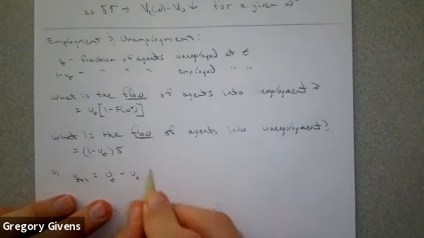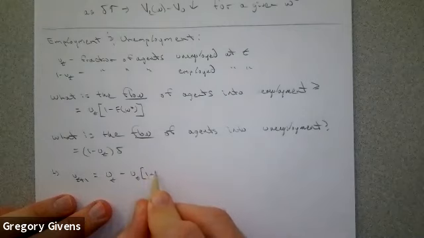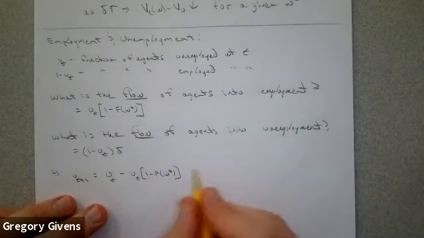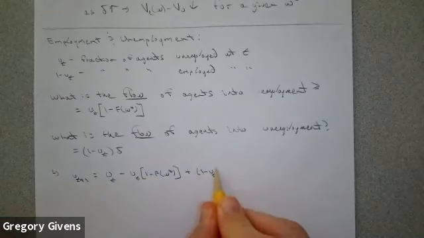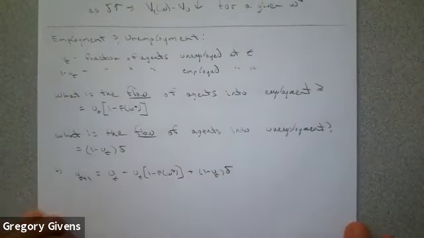So that would be UT times 1 minus F of W star, plus the fraction of employed agents at date T who lose their job and will therefore be unemployed in the